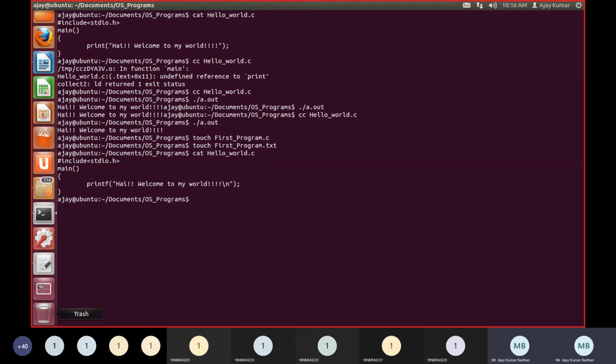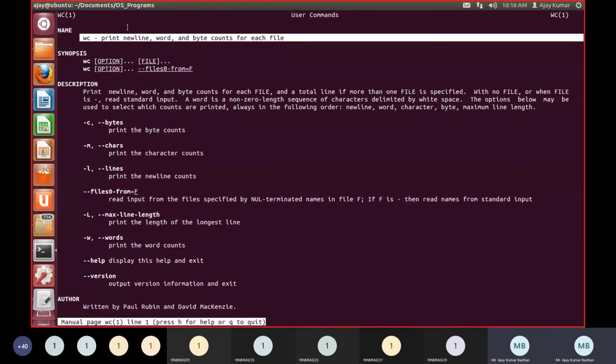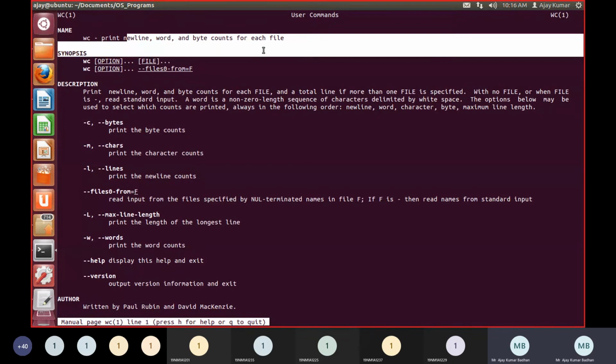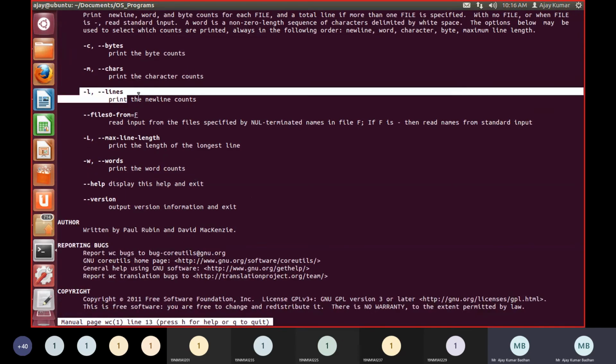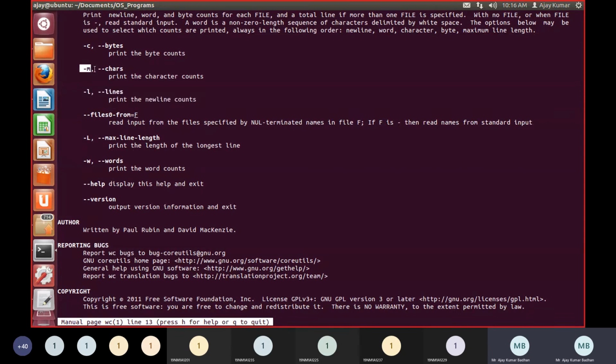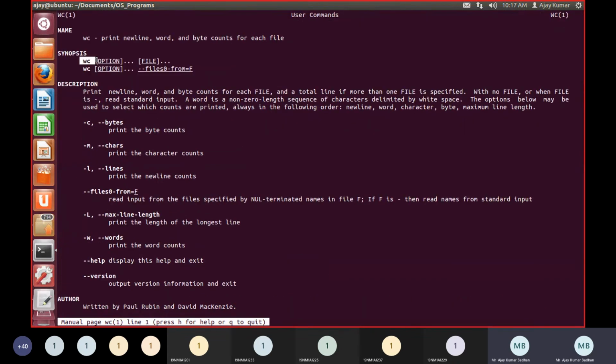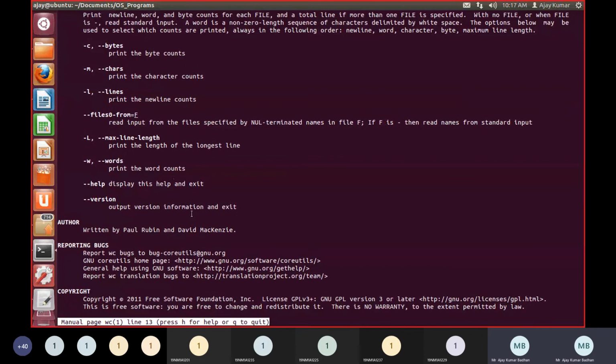Now we have something like wc, word count. I wanted to know how many words are there within this hello world.c. So I will use wc. Let me first type the man command, man space wc. See, you have a manual here. wc prints newline, word, and byte counts for each file. So it prints new lines, words, and all this information. If you want to know how many new lines there are, use wc space minus l. If you want to know how many characters, wc space minus m. Normally, if you use wc, it will provide all. So the syntax is wc, option, file name. Okay, let me close it and show you here.